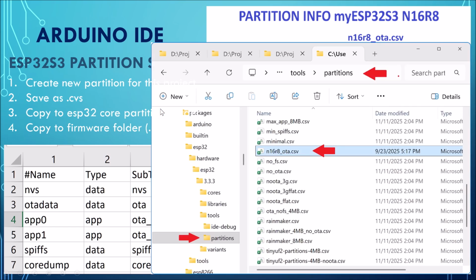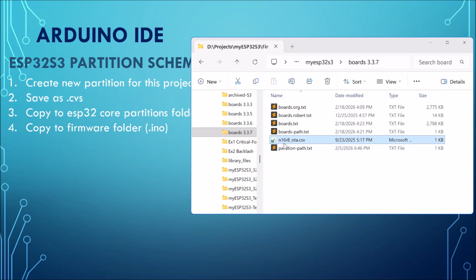So we're going to end up putting this thing into the ESP32 core, and we're using 3.3.7 I think we're using now, into the partitions folder, and see this file here, N16R8_OTA, and that's where it will go. So the goal is to copy this particular file here into the ESP32 core 3.3.7